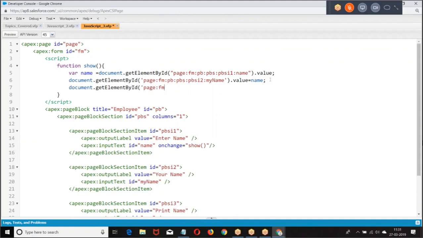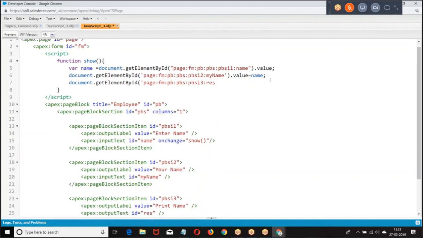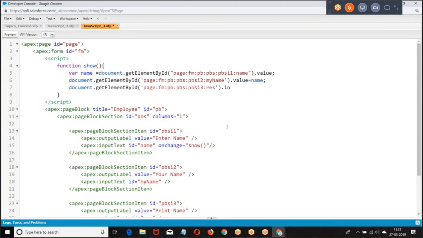How? Page, form, page block section. Then we have ID. What is ID? RES. Because I want to print it like output, it is inner HTML.